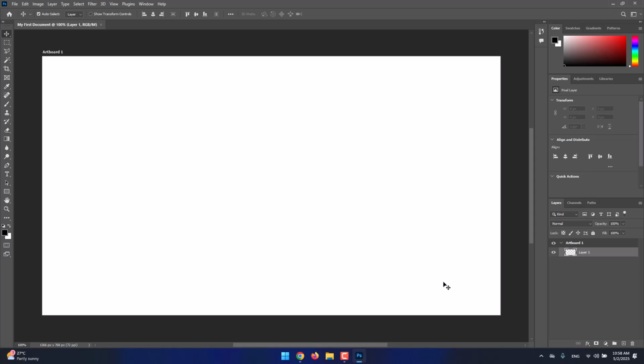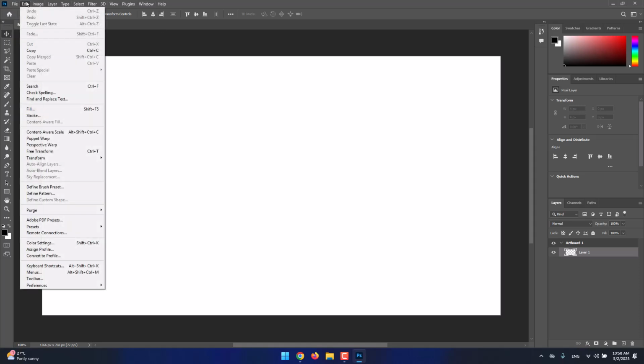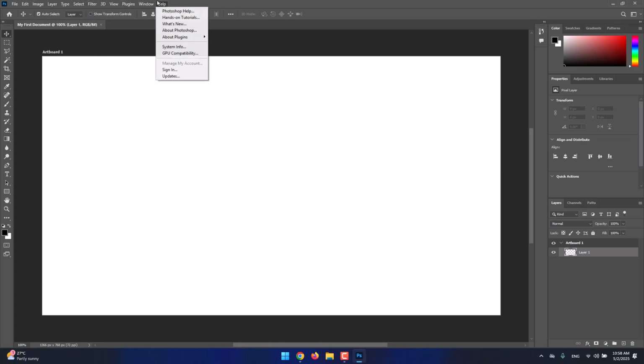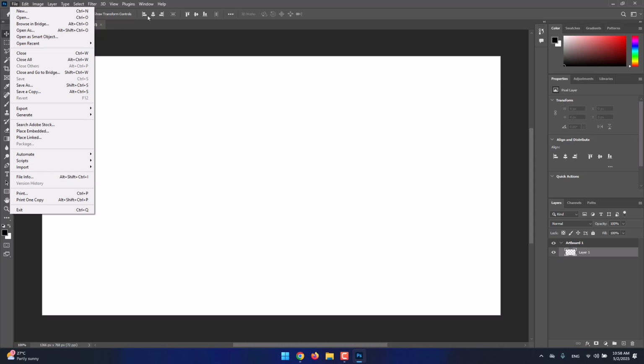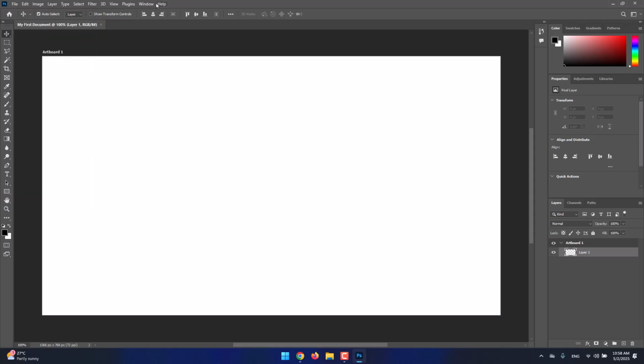So the first thing that we have over here, as you see, is this toolbar. File, Edit, Image, Layer, and all those categories of settings that we have over here. This toolbar is very powerful and has plenty of options and settings that we are going to be using inside the software. Here we have a settings bar, or whatever you may call it, that